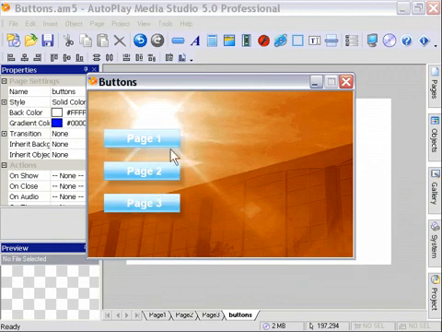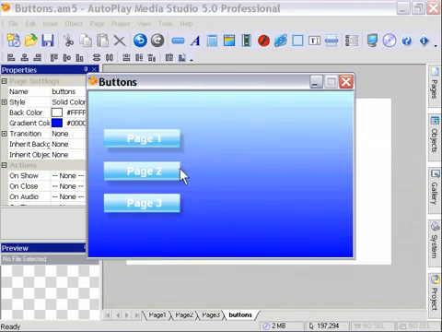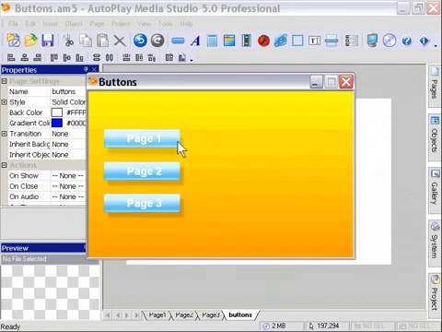You'll notice that when we mouse over these buttons, the shadow changes, of course, and the button pops up, how we had it set up in Photoshop. But the main thing is you'll notice that the pixel data is interacting with the background that we've got. Same thing for each gradient. So that's kind of interesting, and that's the real power of AutoPlay Media Studio, using true PNG alpha transparency for the button objects. Okay, let's go on to the next tutorial and we'll take a look at how we can